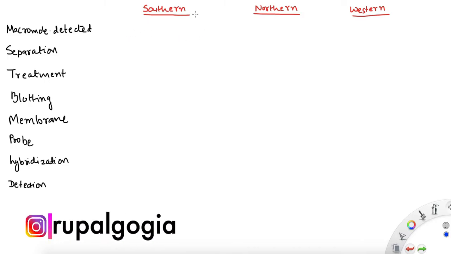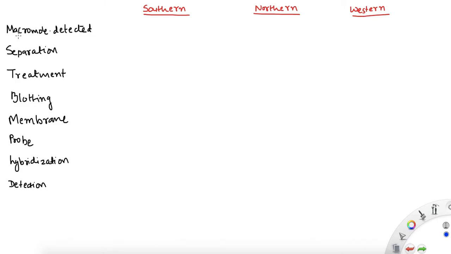So we saw southern blotting, northern blotting, and western blotting. Basically, these are the techniques for macromolecule detection. In case of southern blotting, we use this technique to detect the DNA molecule, and it is named after the scientist who discovered it. Northern blotting is for the detection of RNA molecules, and western blotting is for protein molecules. Now northern and western, the names came after southern blotting itself; they were named similarly just after the southern blotting.